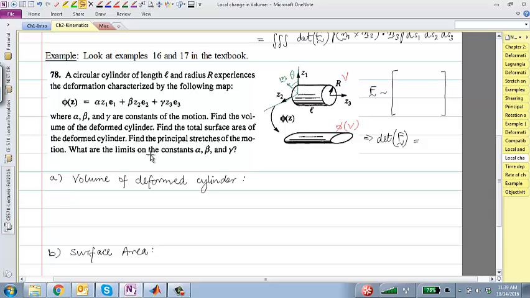So I'll not go into the principal stretches and all that, but let's just try to find the volume and the surface area of this body. There are two ways to do it. One is where we generate the parameterization of the cylinder. This is something that we did in the homework as well. You apply the map to that parameterization and then just calculate area and volume by regular integrals, which is something that we have done. We'll do this other way here, which we have just described,